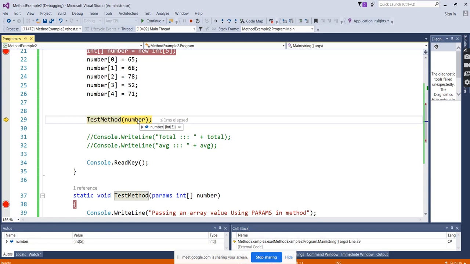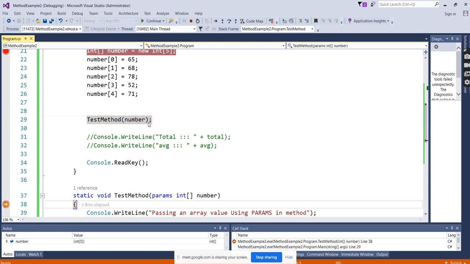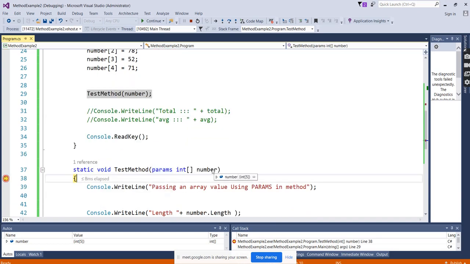So directly we cannot pass an array. For that we need to use the params keyword. This params keyword says that this number contains an integer array. So along with the data type, we have to say it is an integer array when mentioning the parameters.